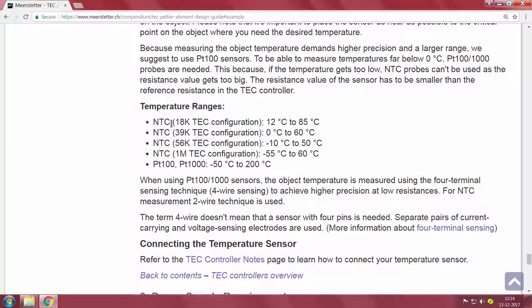We have several types of measuring; object temperature demands higher precision and a larger range. We suggest using the PT 100. We are able to measure below this. We may require PT 100 probes. If the temperature gets too low, NTC probes can't be used as the resistance value gets too big.